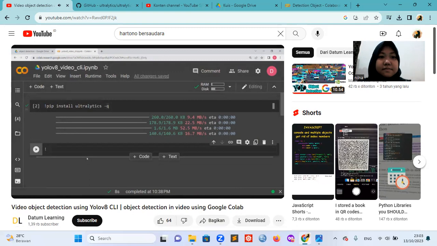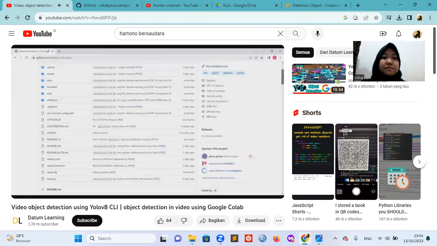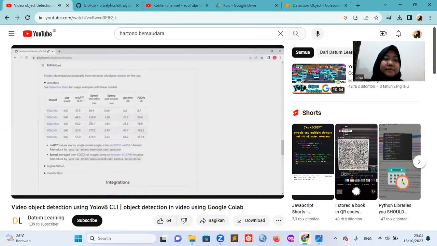So the second thing that we need to do over here is actually use the command line interface. So we will say exclamation mark, then we will say yolo, and then we will write detect predict, and we are going to pass the model. So here we are going to use YOLO V8 medium. If you go to the GitHub page and go down to the detection part, you can see that there are 5 models over here. So the first one is the nano, the second one is small,